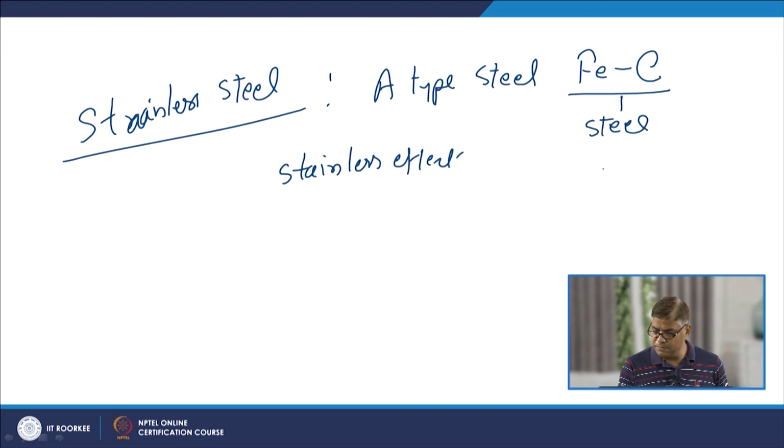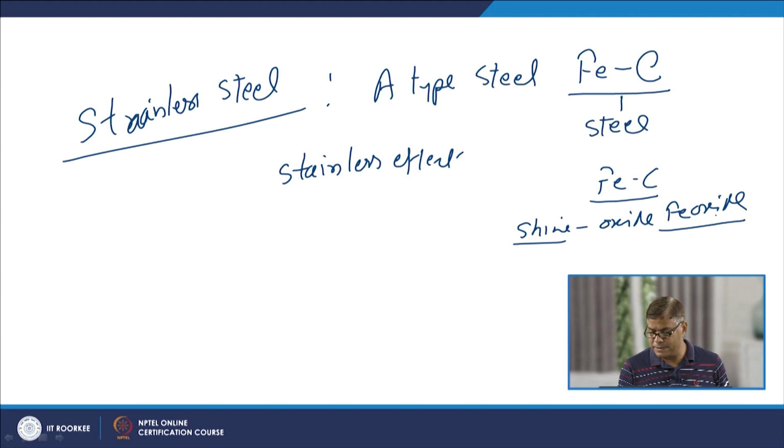Normally the simple steels, which have primarily iron and carbon only, lose their shine due to oxidation. Iron oxides are formed, which makes the surface dull, and it does not look nice either. Another aspect is that whenever simple carbon steels or high strength low alloy steels or QNT steels are exposed to a corrosive environment, they tend to corrode rapidly. So, the shining is lost.